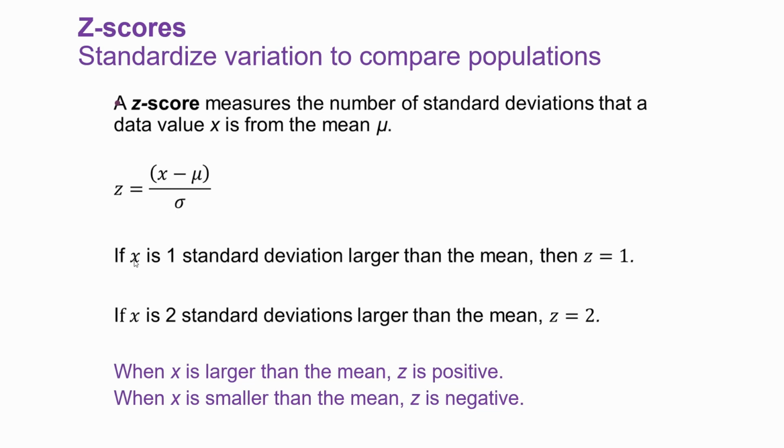If x is 1 standard deviation larger than the mean, then z equals 1. If x is 2 standard deviations larger than the mean, z equals 2. So when x is larger than the mean, z is positive. When x is smaller than the mean, z is negative, right? And if we look at that here